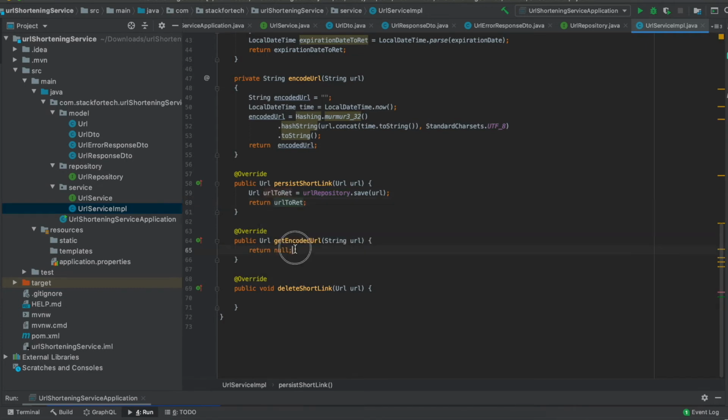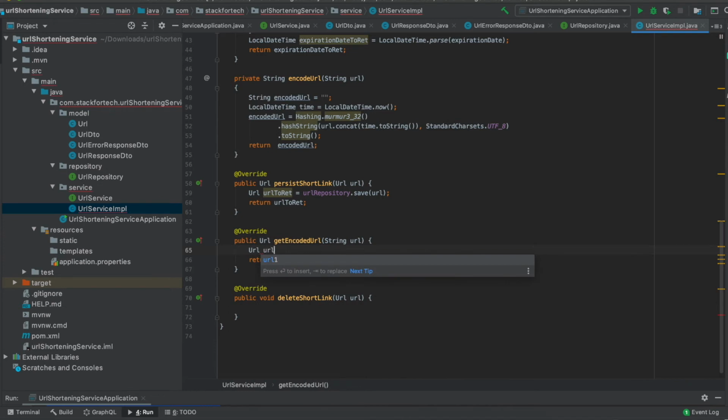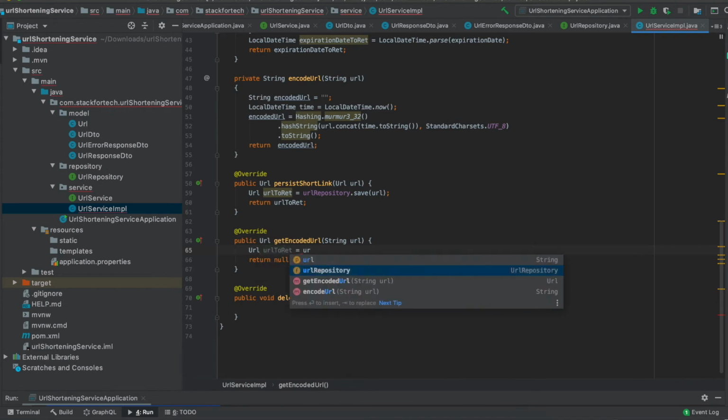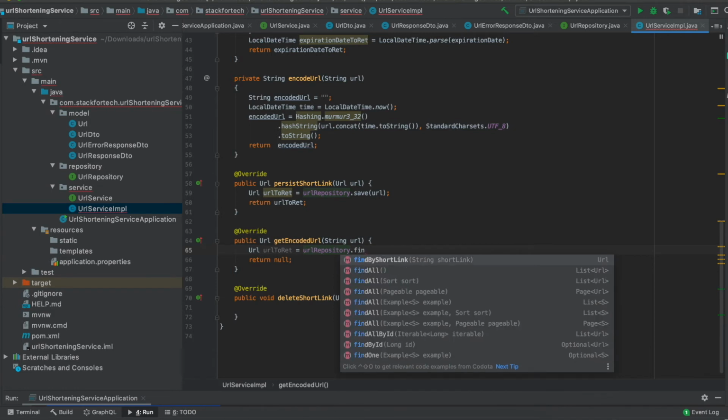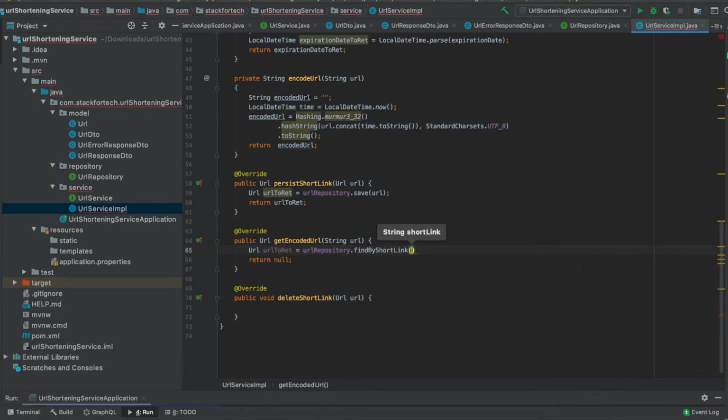So similarly we can also write our method for getting back the URL. So this will be URL to return equals to URL repository dot find by short link, right? This is what we have created. So we will be passing in the URL, and we will be returning that particular URL object back to the method.